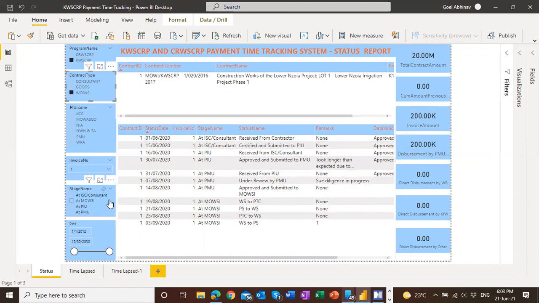And you can even filter stage-wise. You can filter between two dates,